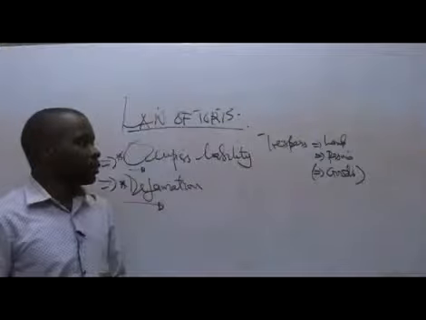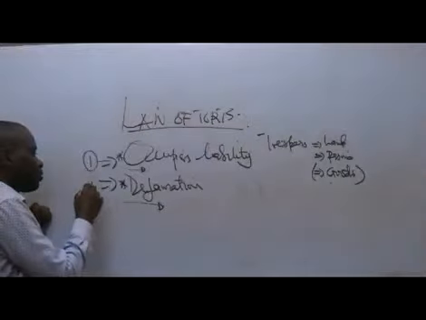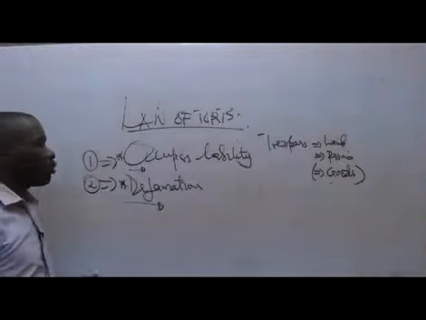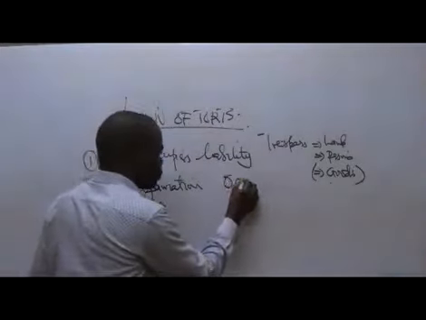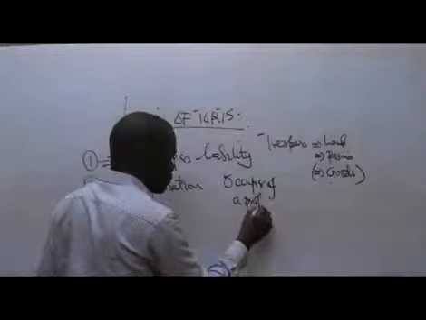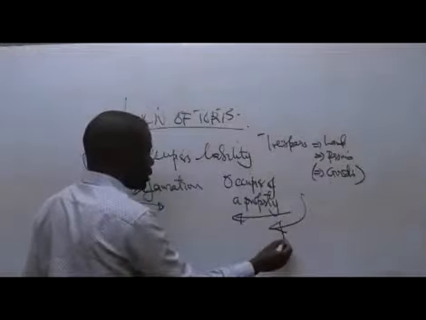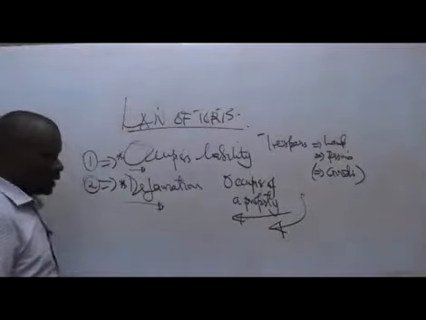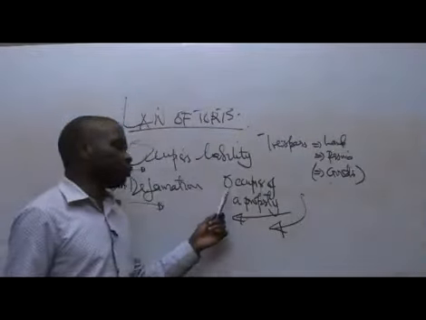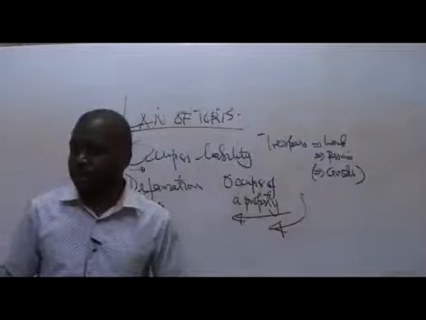When you talk about occupiers liability as a form of tort, it is basically talking about the responsibility of an occupier of a property on those who are likely to visit the property. For example, if it is a building, let's say a supermarket, what are the responsibilities of the occupier with regard to those who are likely to visit or come to the premises?